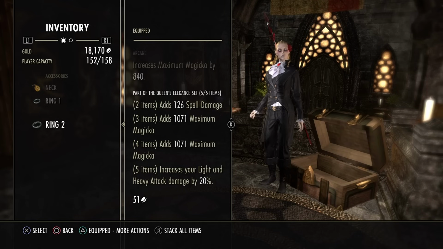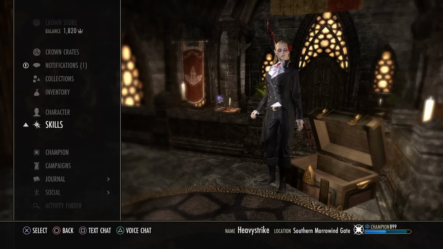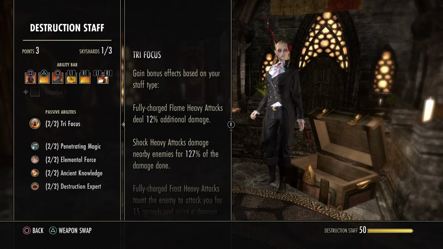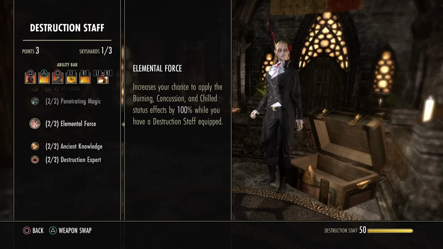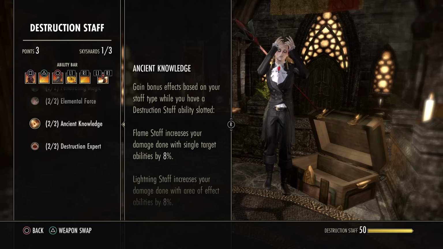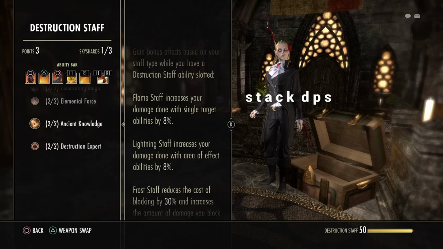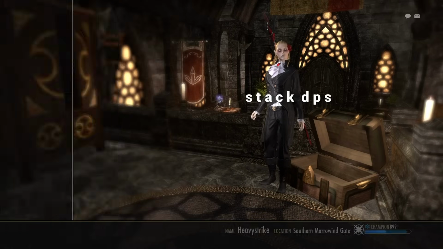So when you charge up, 20% increases the damage, and there I had the idea to start a build up, increases 12%, plus I think another 8%, on single target, other 8%, and gives also back 3600 of magicka when you kill. So sum it together,